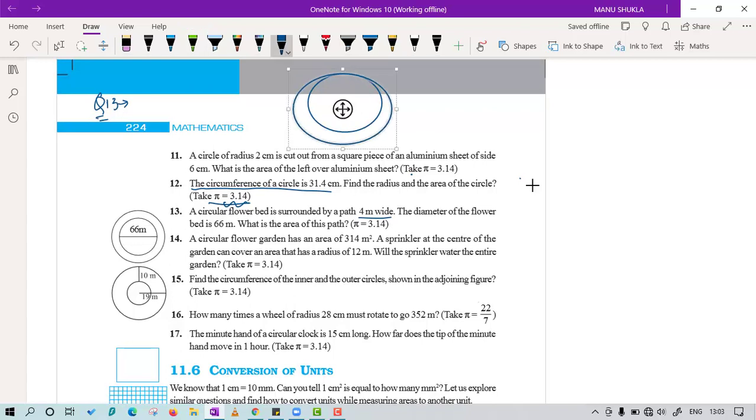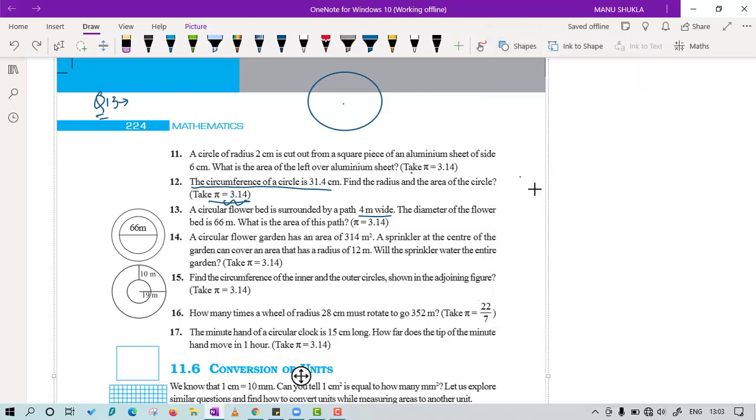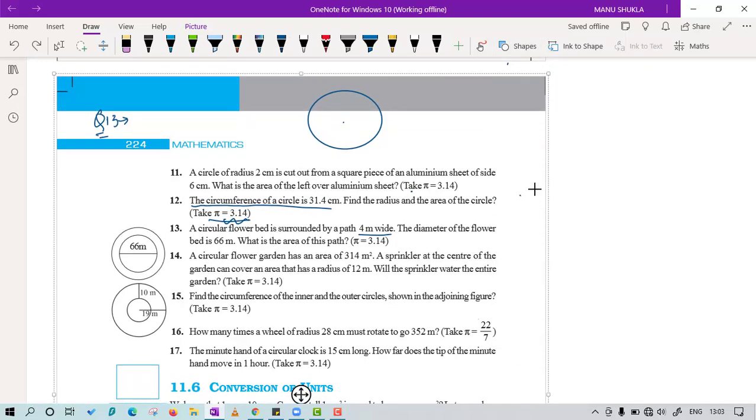Okay, it is not coming exactly like that. So I think we have to draw this, but let me try one more time. Like this. I think it is perfect now. So now we have a park with center O with radius, we don't know. Okay, we know.